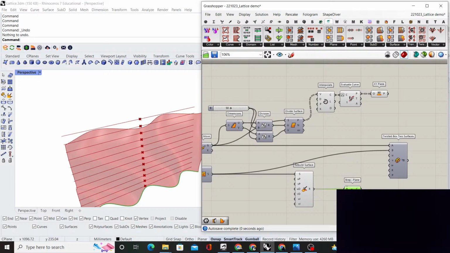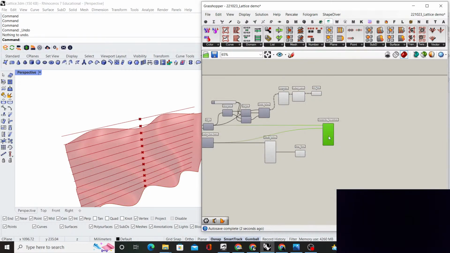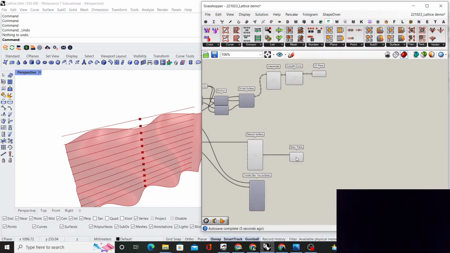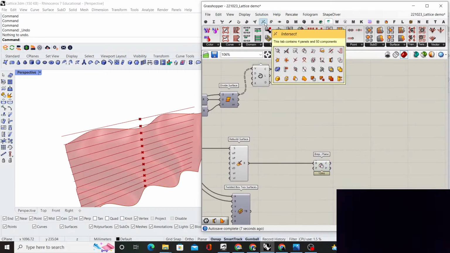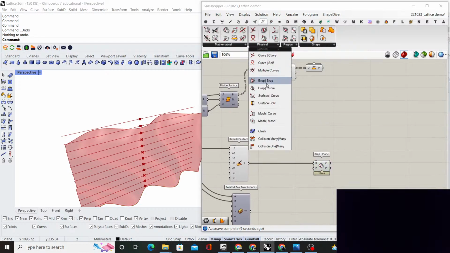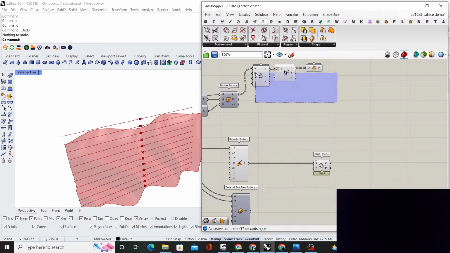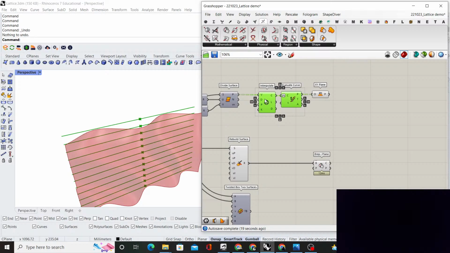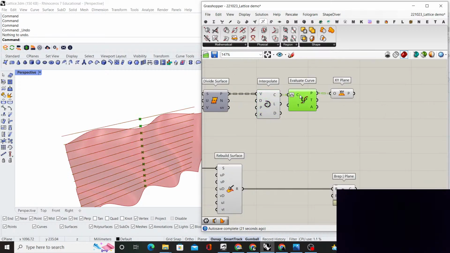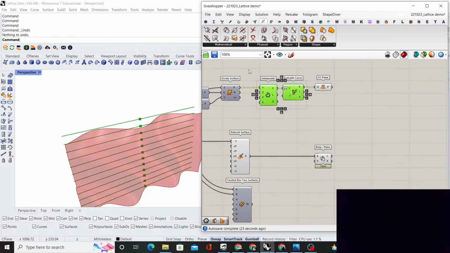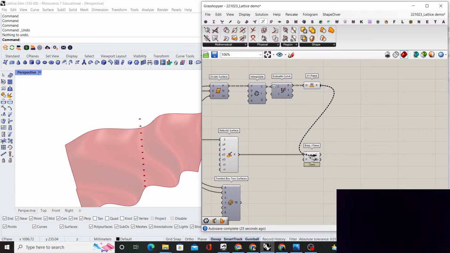It's a default Grasshopper component, so it's really easy to find. It's here in intersect. It's physical. No, sorry, mathematical. Yeah. Brep plane. This one. Okay, so let's take those planes. Let's intersect it,